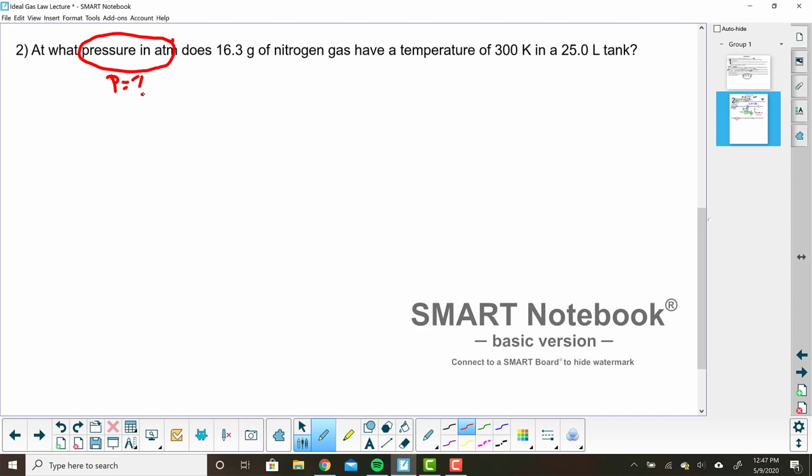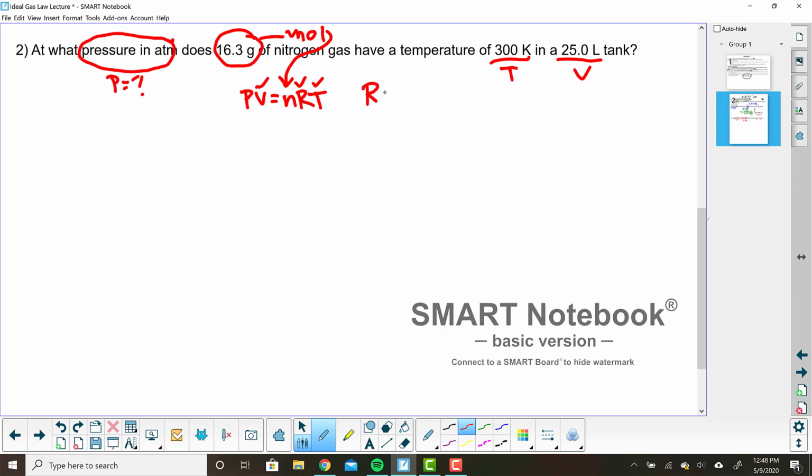And we have grams. Let's come back to that. We have a temperature and it's already in Kelvin. How convenient. And we have a volume. Okay, so if the equation is PV equals nRT, we know that we're going to solve for pressure. We know the volume. We know R. We know T. N. N is moles. Well, we know how to get from grams to moles, right? We could do that and then take that number and plug in the number of moles in for N. So that's probably what we're going to have to do there, and then we're going to be able to solve for pressure. It'll be all good.